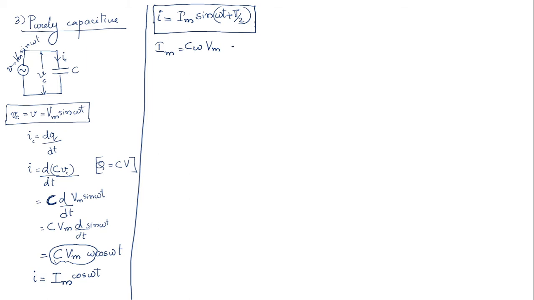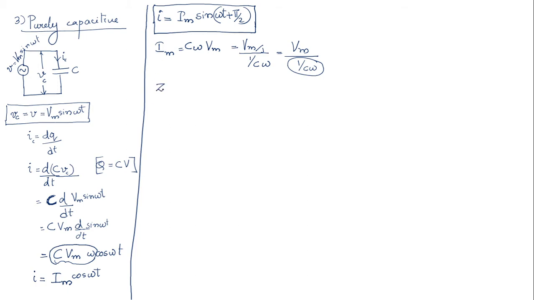So what we are going to do is we are going to change its form, just like A by B divided by C by D. I am going to write this expression as Vm by 1 divided by 1 by C omega. Is it correct? So when you are doing A by B divided by C by D, you can represent it as A into D divided by C into B. So your answer becomes same as this one. The purpose is just to denote some denominator, so to say that this becomes the impedance for the current.